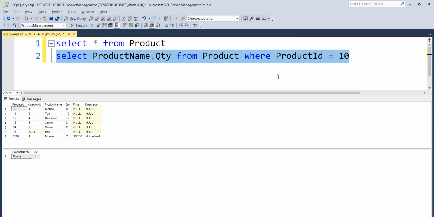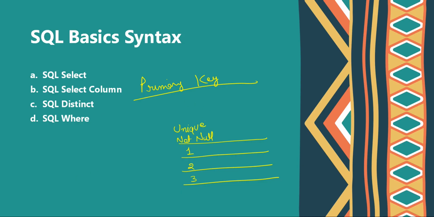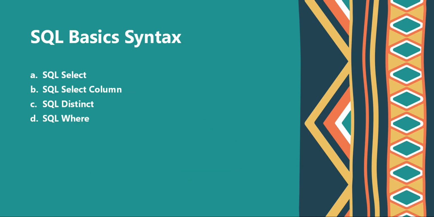So in this way we can filter the rows and the columns using this where clause. Using this where clause I can filter the rows, and using this star or the name of each and every column, I can select the particular details or attribute.